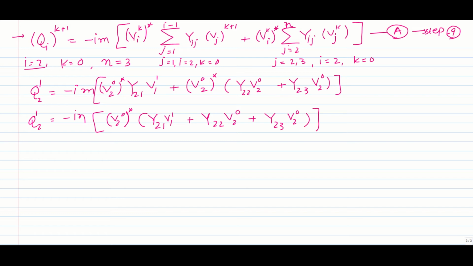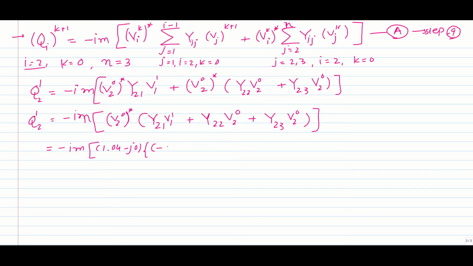Clear? Now substitute the value of each parameter which we have derived previously. So we will get the final value. The imaginary portion of this equation is P2, which is given as 1.04 minus j0. Then we write the different brackets so we will understand easily.